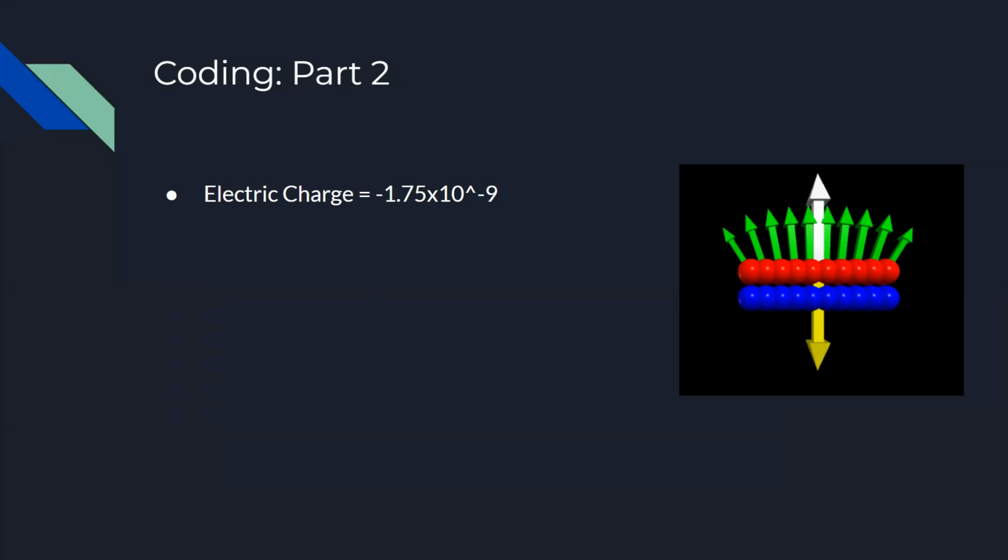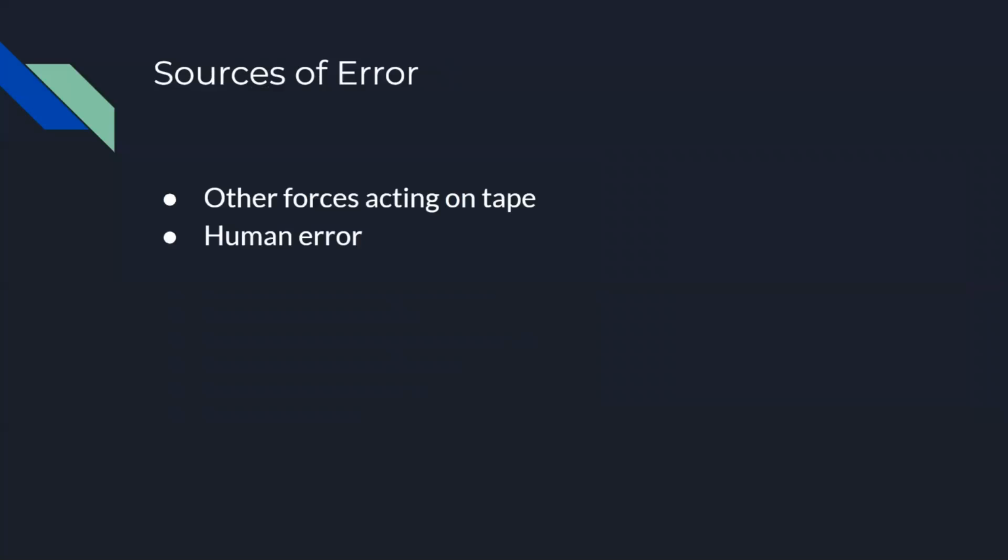And as you see here in model 2, all those green arrows are the electric fields that act on the piece of tape. The red is tape B and the blue is tape A. And some sources of error: there could be other forces acting on the tape. I don't think this is as big a problem as the human error, of me eyeballing it with the ruler, which is very problematic. And I'm sure I made some big errors there,